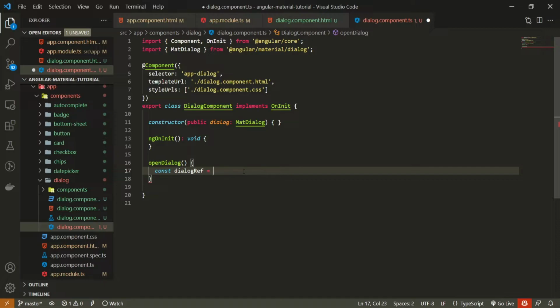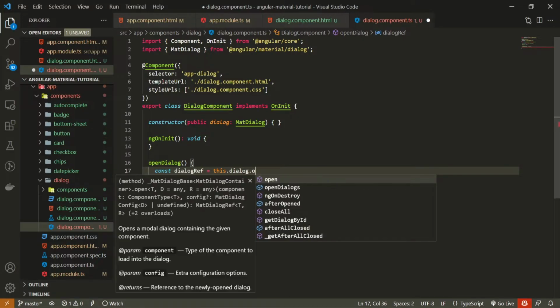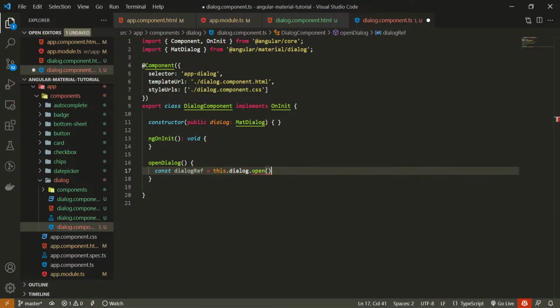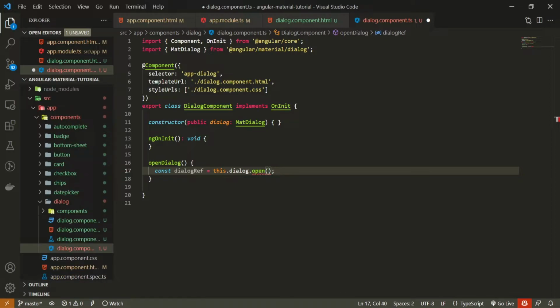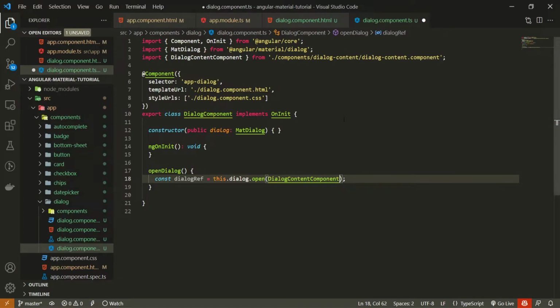So to do that, I will use this.dialog that we just imported, and make sure to use here a method called open. And to this open method we usually need to pass a component or a template that we wish to open inside of our dialog. For us, we already created a dialog content component, so we can simply use it here. So make sure to use DialogContentComponent, and it should be automatically imported here at the top as well.